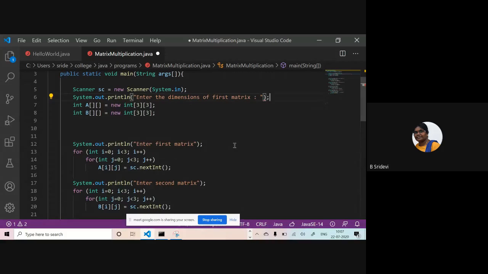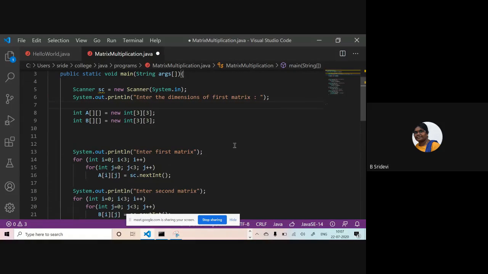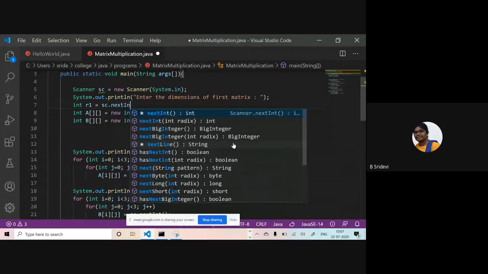I'm reading the dimensions of the first matrix. To read the dimensions of the first matrix, I'll use 2 variables, R1, C1, number of rows and columns. So R1 cross C1 is my matrix dimensions. How to read that? int R1 is equal to sc.nextInt.